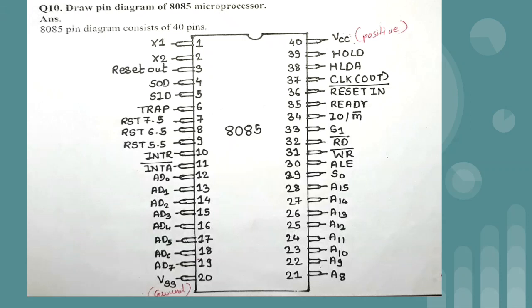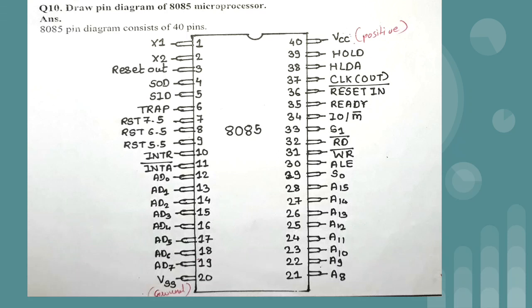As you have learned, or we have used an IC in 11th standard, which had a total of 14 pins, right? Similarly, this is again one kind of microprocessor, 8085, but it has a total of 40 pins, 20 pins on one side and 20 pins on the opposite side. And each and every pin has its specific usage, specific work related to the pin. So in today's session we are going to learn that.